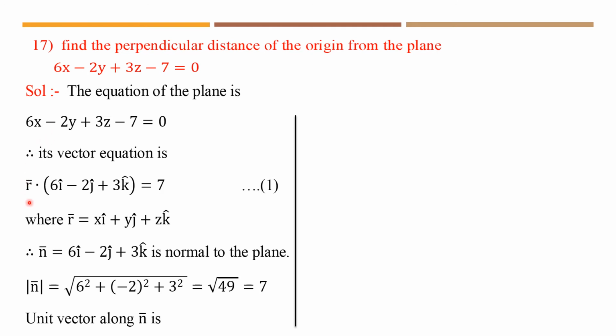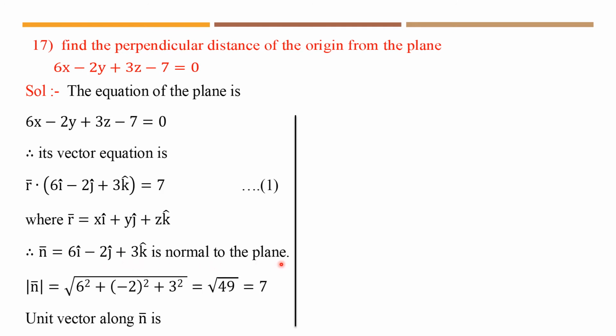Hence R vector dot. The remaining normal is 6i minus 2j plus 3k. Hence in vector form, R vector dot 6i minus 2j plus 3k equal to 7, denoted by equation 1, where we know that R vector is xi plus yj plus zk and